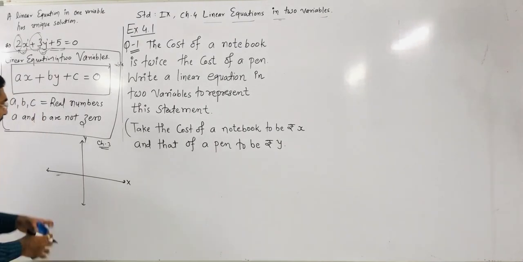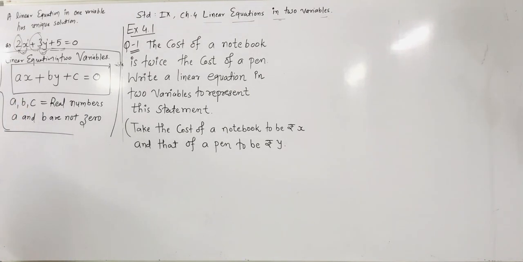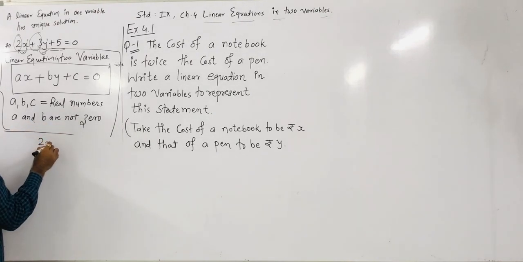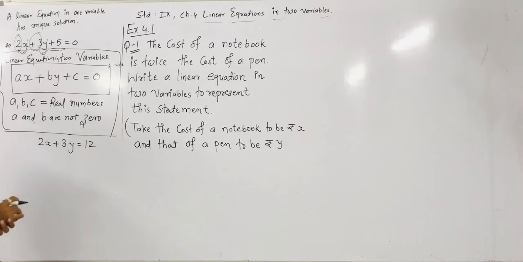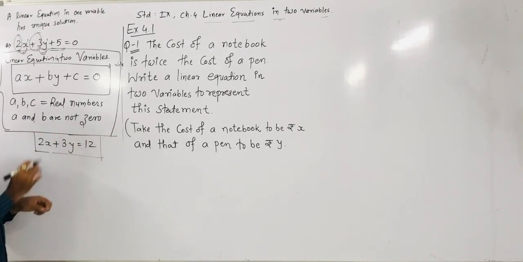Okay. Now another thing. What is the solution of a linear equation in two variables? Suppose I take one example, so you are clear with that. 2x plus 3y is equal to 12. Here I write one of the linear equations in two variables, right? Two variables are what? X and y. Here a is 2, b is 3, and equal to 12. If you take it to the left hand side, there is a minus 12. So c value is minus 12. You can also write it that way. Okay. Now, its solution we have to find out.